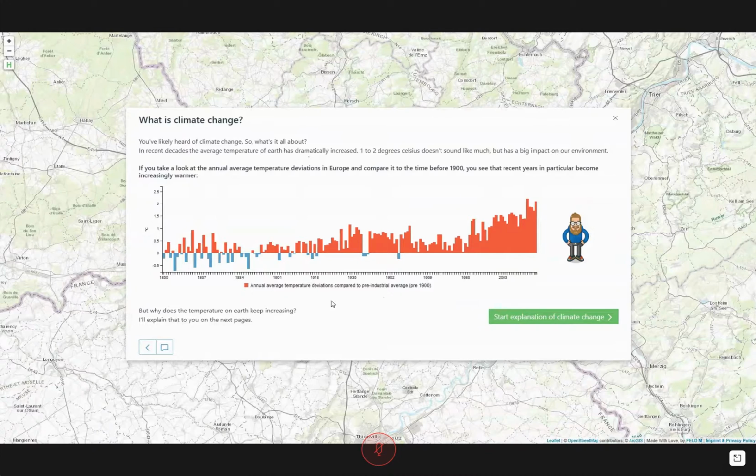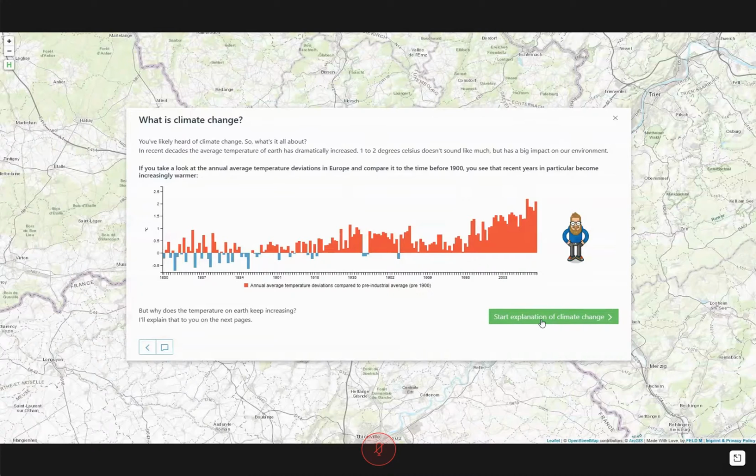We see that the deviations from the annual average temperature in the past have been positive or negative. But if you look at the recent past, we see that literally all deviations in the past around 50 years have been positive and increasingly positive. So that tells us that the Earth is warming up.